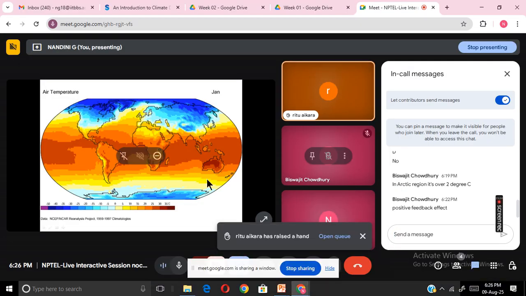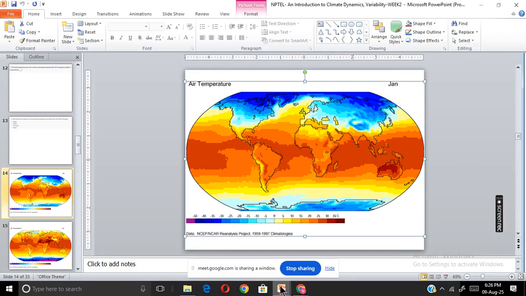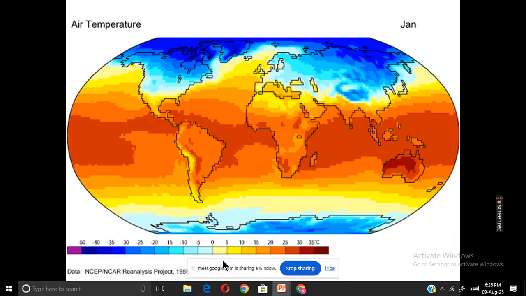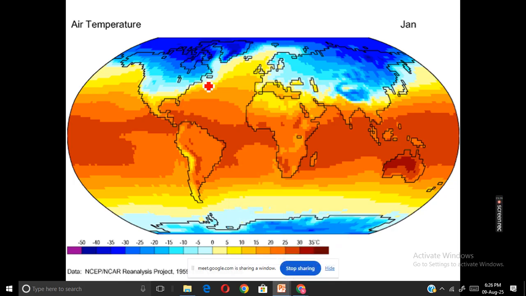Yeah. So this is basically the average temperature. If you look at the color bar, it just shows how the average temperature is changing globally. Average temperature in the sense of what is the general distribution pattern of temperature. As we know, the equator receives direct solar radiation, and as we go up, the solar radiation has to travel more distance to reach the surface of the earth. This is the general pattern that is seen. This is how the temperature is distributed globally. So now we talk about global warming. What we actually talk about is how much increase in temperature.